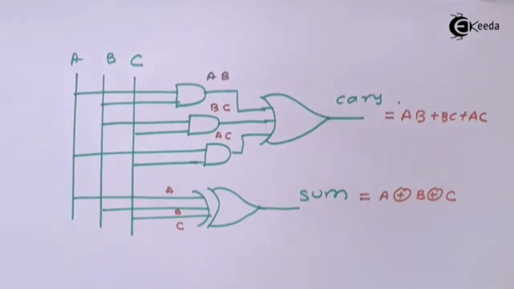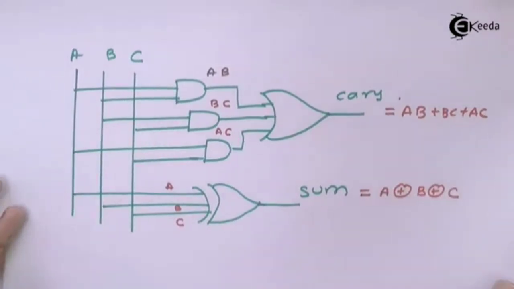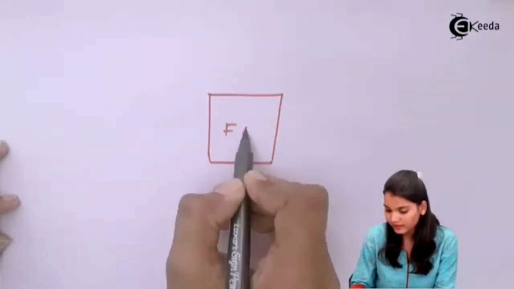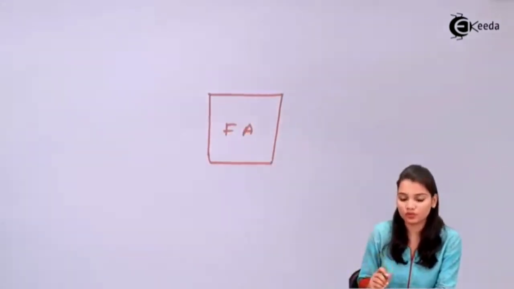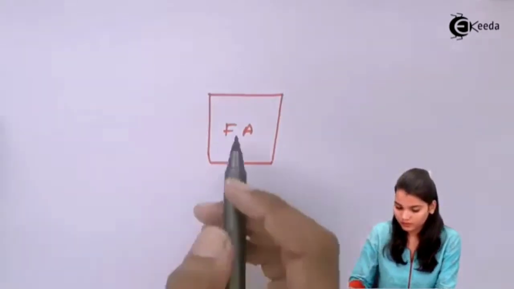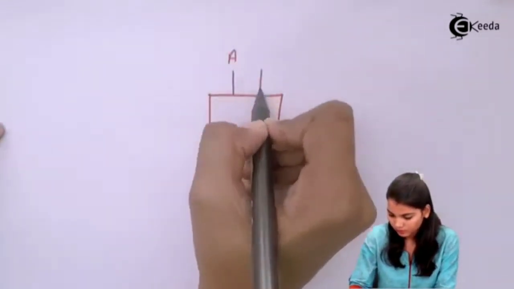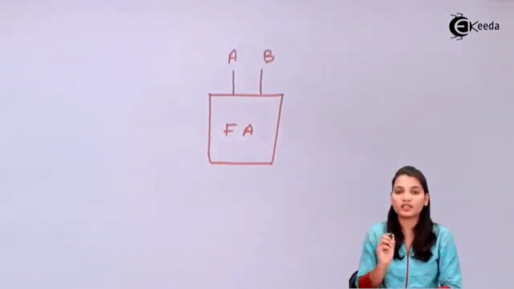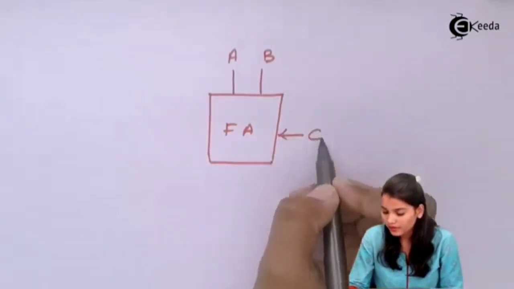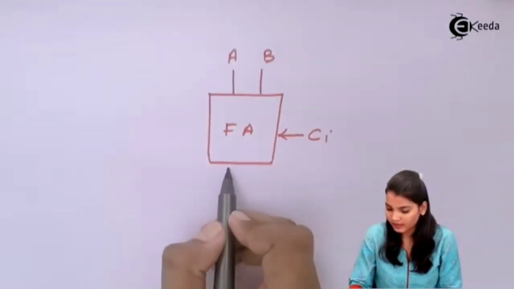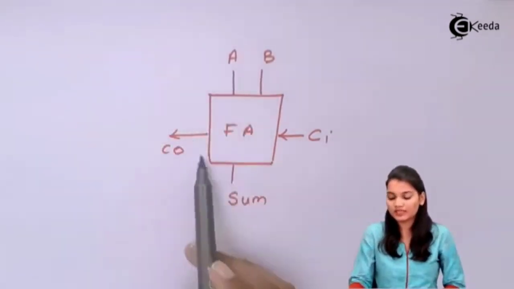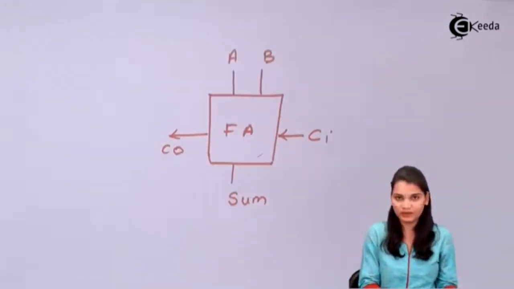But now how we will represent the full adder in the form of circuit. So this is the circuit. Now what we will do is, so this is our full adder circuit. So in the full adder circuit, we have three inputs, that is A, B and C. But remember here the third input can be written as carry input. And here we will get the output as sum. And this is carry. So in this circuit, you will represent the circuit that we have seen in the previous.